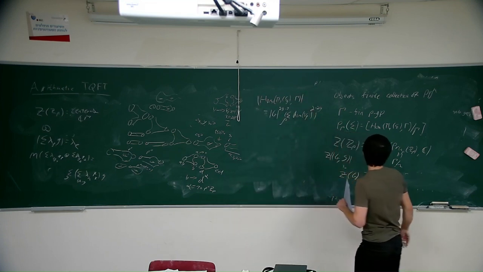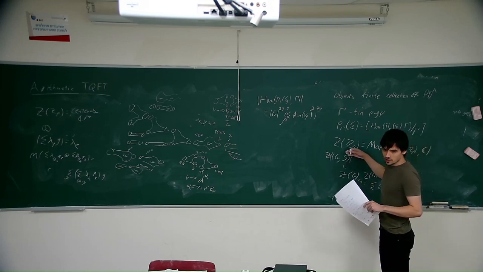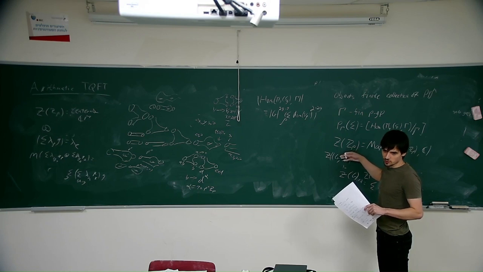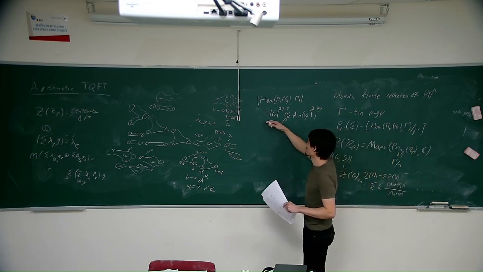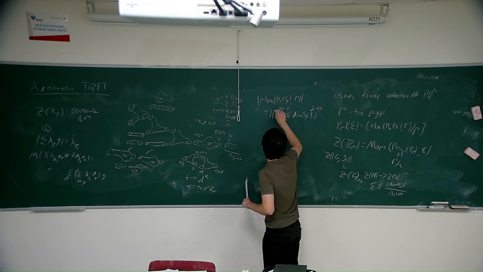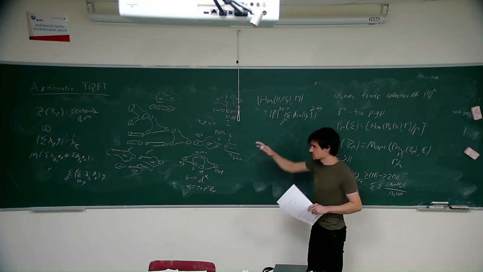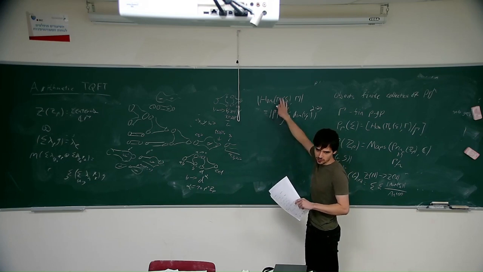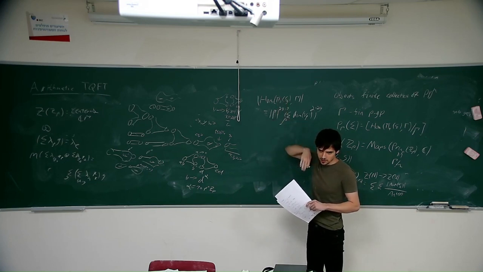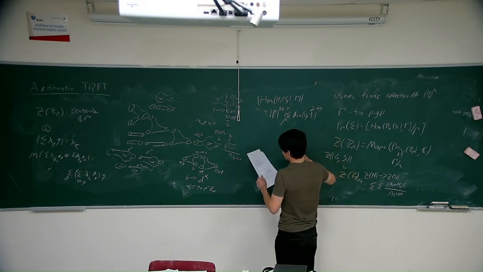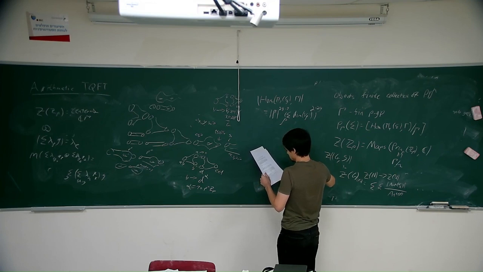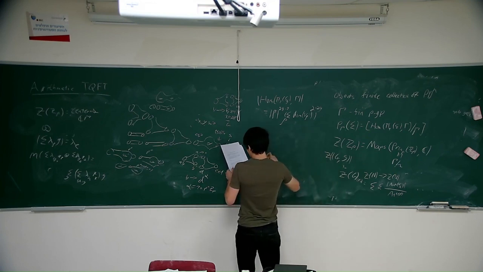So this Z for a manifold without boundary computes the size of the set of homomorphisms from pi 1 into the group divided by the size of the group. But if you then move it to the other side, you get a formula for counting the size of the homomorphisms. And then the extra factor that you later get for